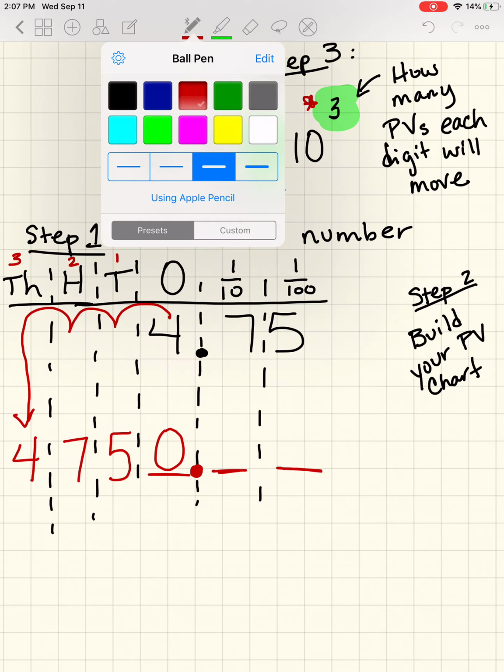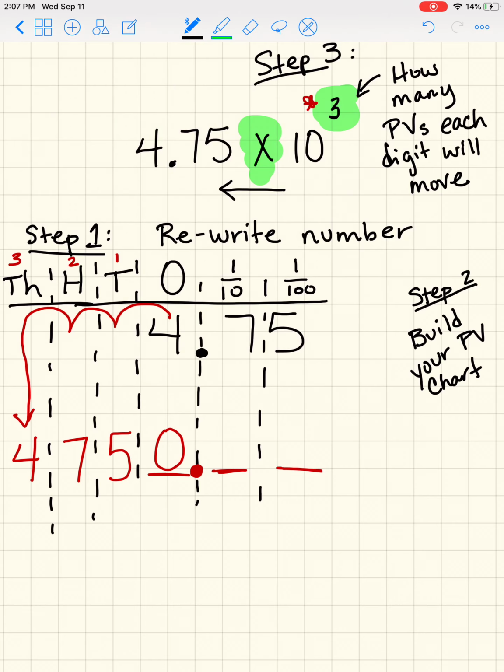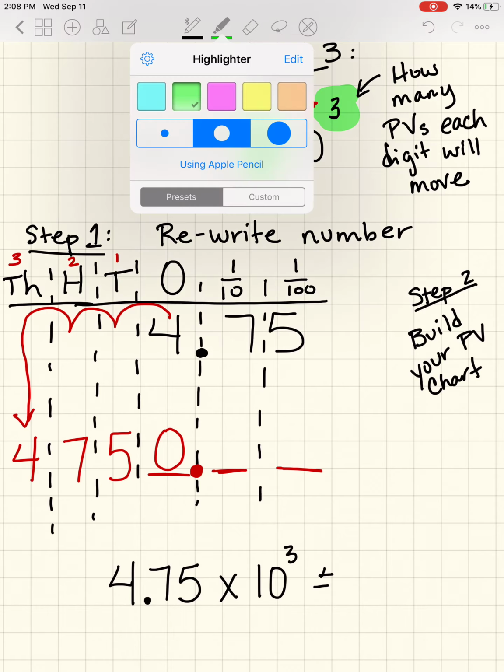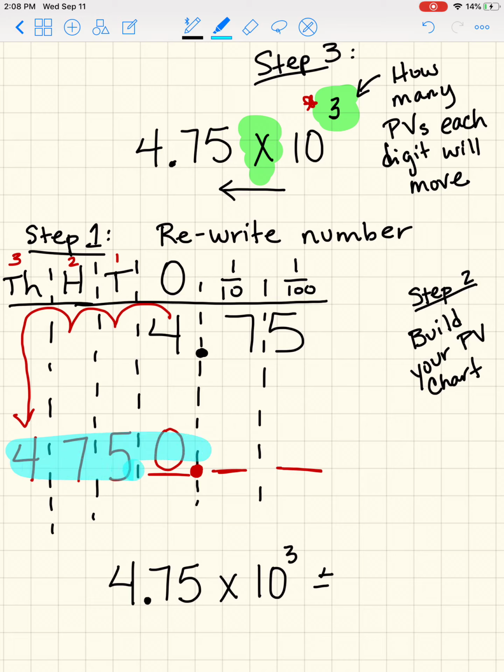At this point, I'm going to come back down and rewrite 4 and 75 hundredths times 10 to the third power. And that's going to equal this number here, which is